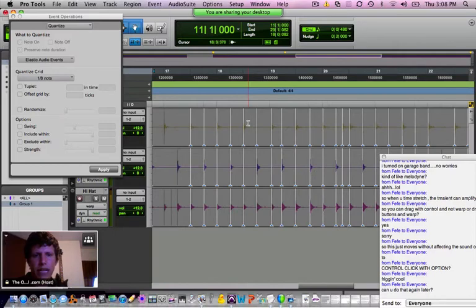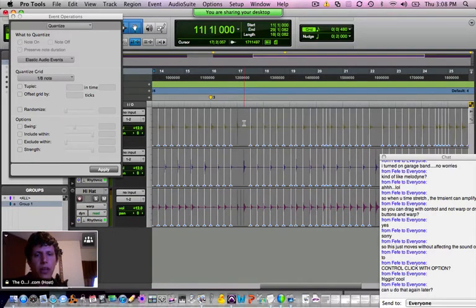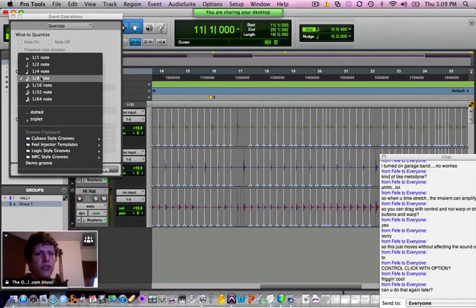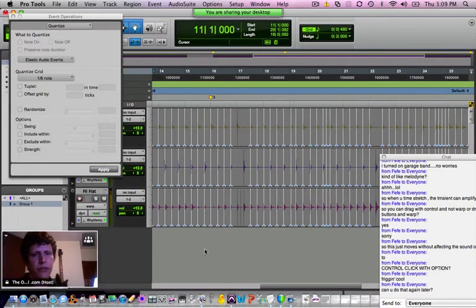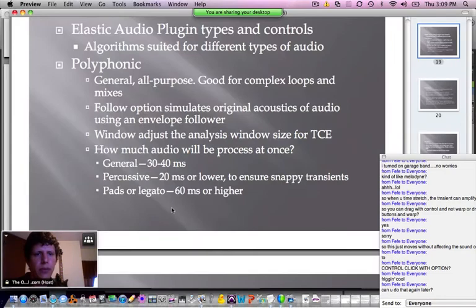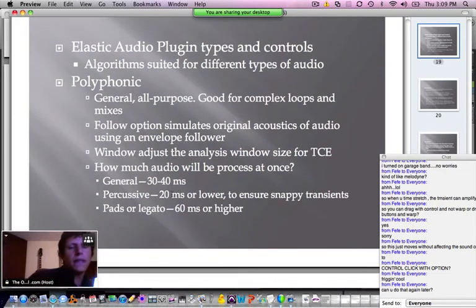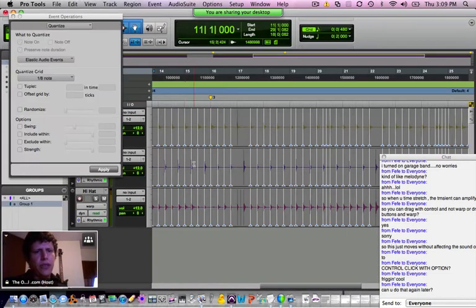Quantizing. We may come back to more about quantizing later, and I may save that whole process for another class. But be aware, experiment with it. You can quantize if the audio is matching up with the click track and is close to it, in other words, it's close to the grid. Experiment with using Quantize. You can get it there. I want to get into using groove templates, but we'll save that, like I said, for the lab, which is coming up next week. All right, so what I want to get to now is these different algorithms,